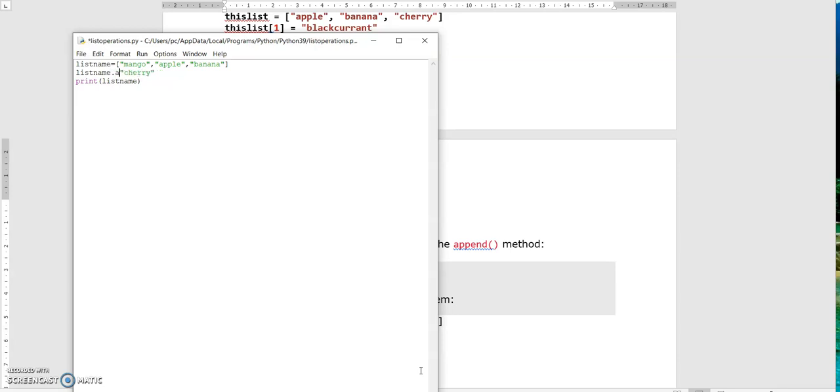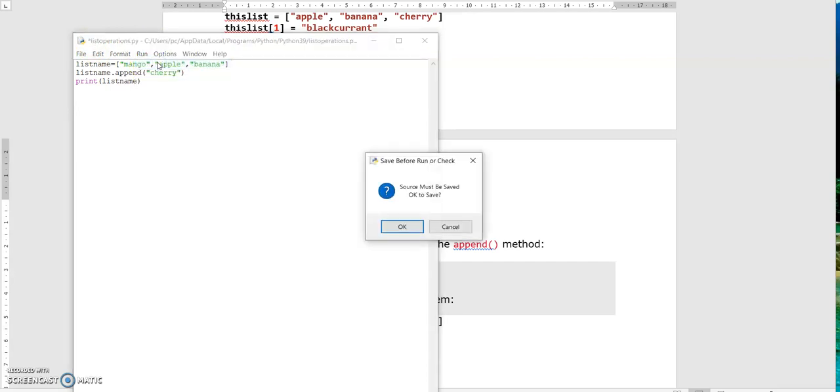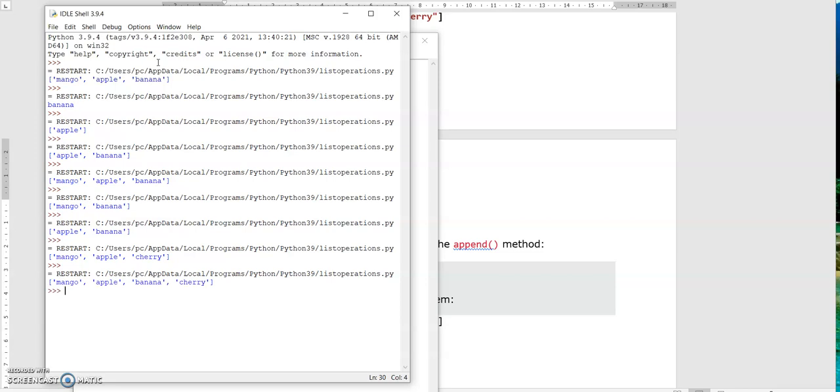List name dot append. Now run this. Mango, apple, banana and cherry. We have added cherry at the end of the list. So appending and removing are list operations. Thank you.